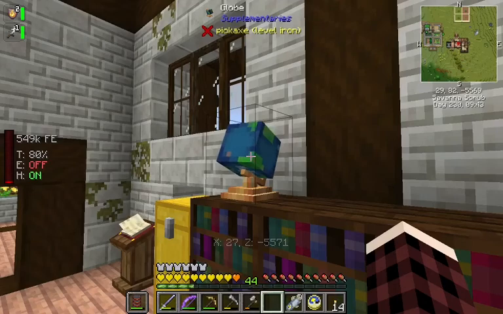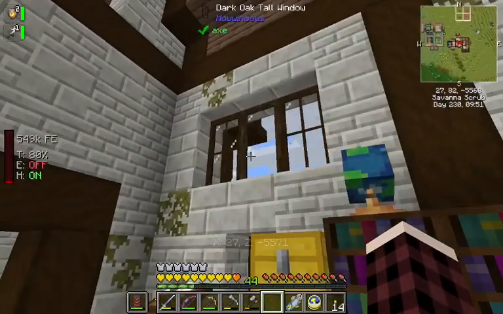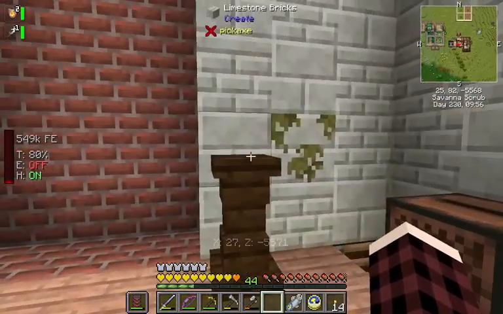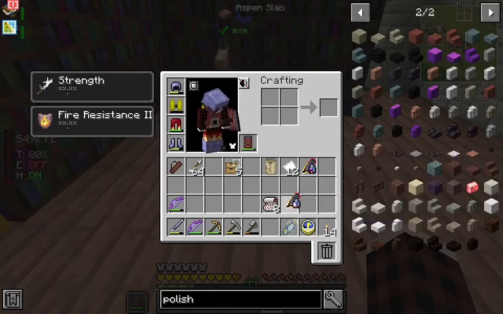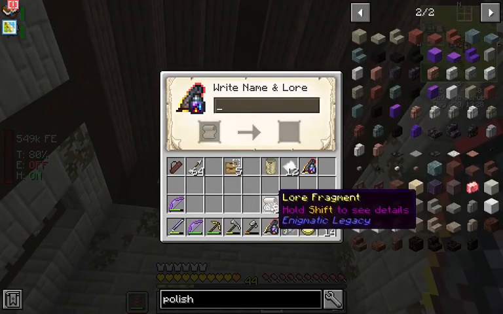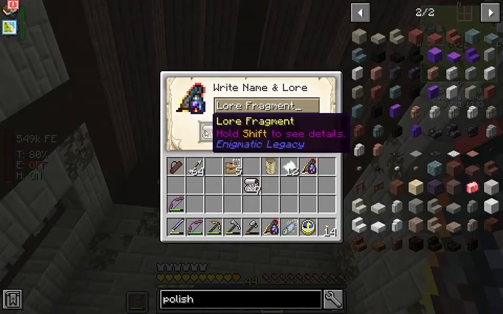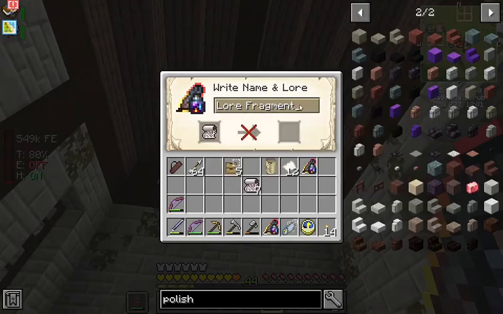Did something for a second there. Yeah, there we go. Displays your coordinates if you give it a little spin. Oh, quite nice. Okay, now we have a few of these inkwells, and we have a few of these lore fragments. Apparently they go together. The inkwell has a GUI to write in name and lore. I wonder...